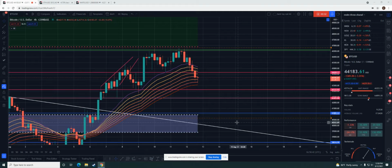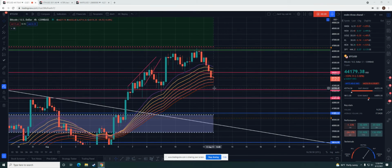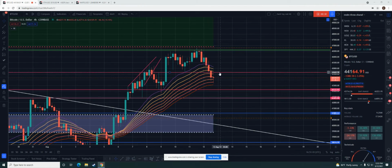I just wanted to give you guys a quick update on what's going on here. We did pull back down to about 43,700 area. We did not meet our targets. Our first target was 43,100. Our second target was 42,400, right? Then we had our third target as 41,000, right? So obviously we went under the